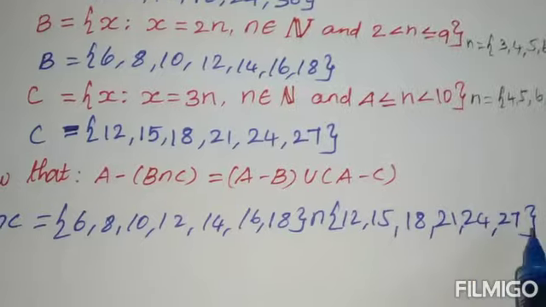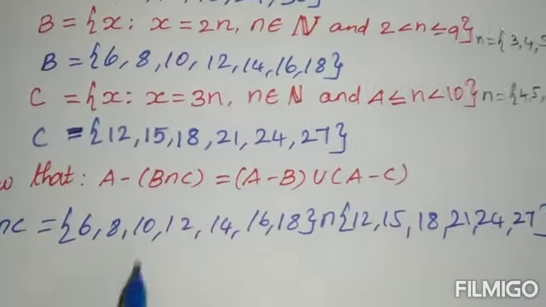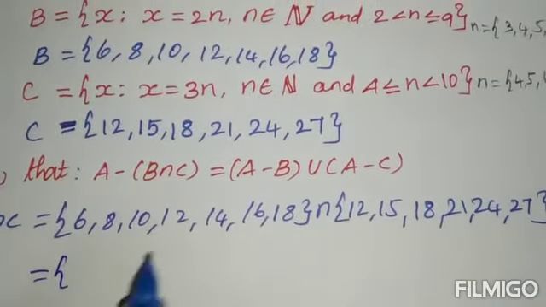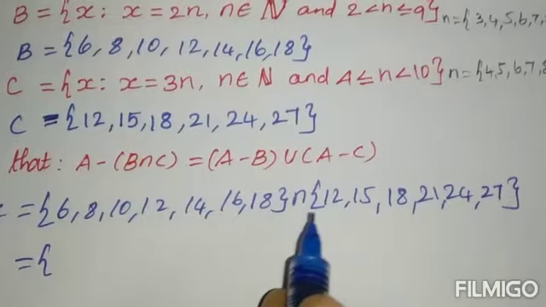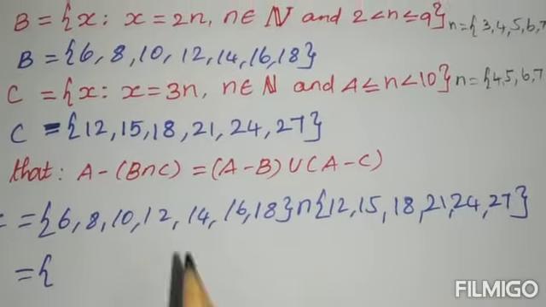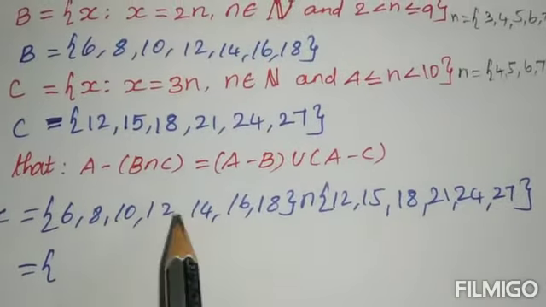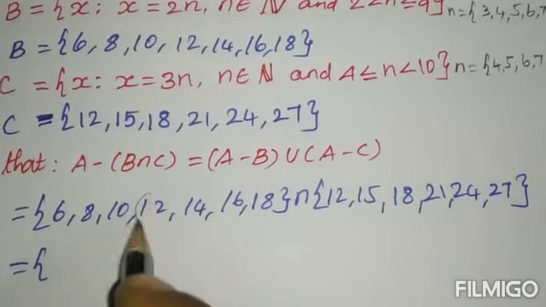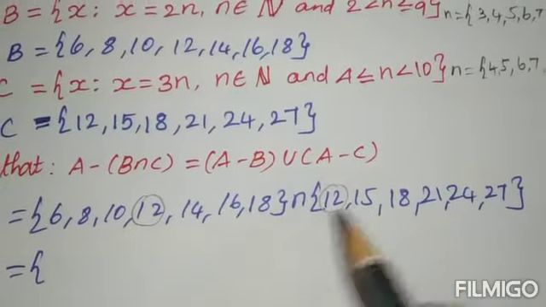So these are the elements of C. Now we have to write the common elements in both sets. So ரெண்டுத்துல இருக்கிற common elements மட்டும் listing பண்ண போறோம். So அப்போ what are the common elements? என்னென்ன elements common இருக்குன்னு பார்க்கலாம். So first 12 is common. So 12 ரெண்டுத்துலயும் common இருக்கு.